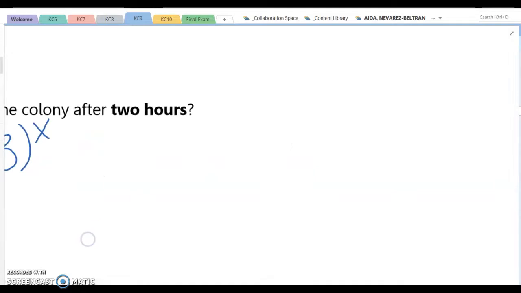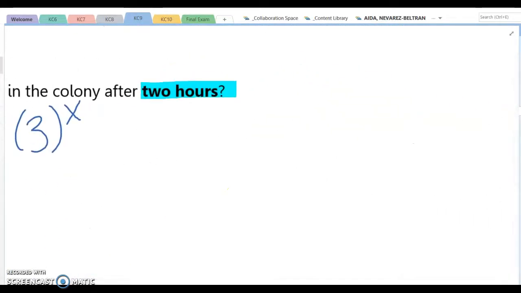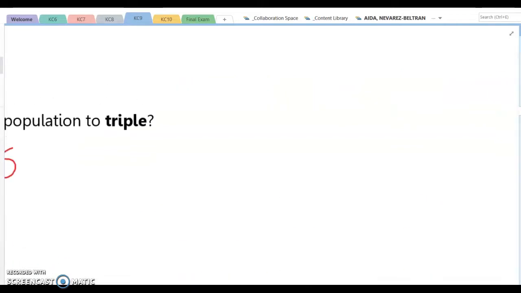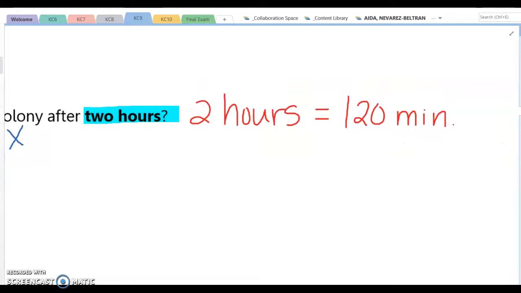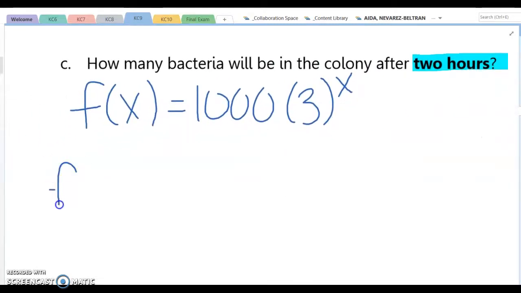So we want to figure out, right, 2 hours. Well, if you look up at our table, right, we're going by minutes, not by hours. So, right, 2 hours. Oh my goodness, this thing is not writing. Right, so you have to figure out how many hours we have. So 2 hours is actually 120 minutes, right? Because we do 60 times 2, which is 120. So it's 120 minutes. So we're taking our function